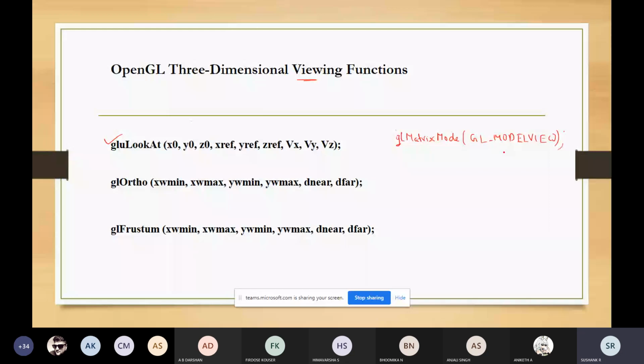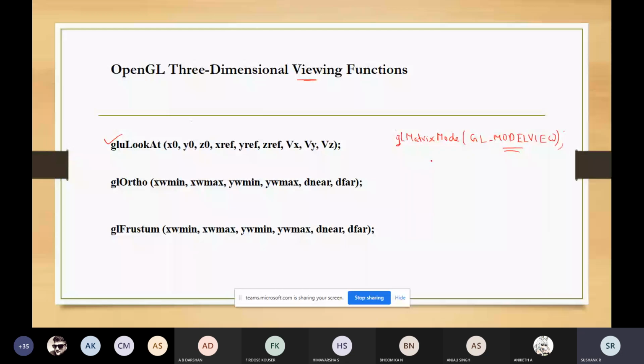So that's why you're using the model view. Initially this model view matrix will be your current matrix. So you want your matrix to be current model view. Then this model view matrix will be concatenated with the matrices which you are giving. So this will be obtained by using the geometric transformation which you have obtained. So first I will get the model view matrix, then I will apply the geometric transformation to get the composite matrix.